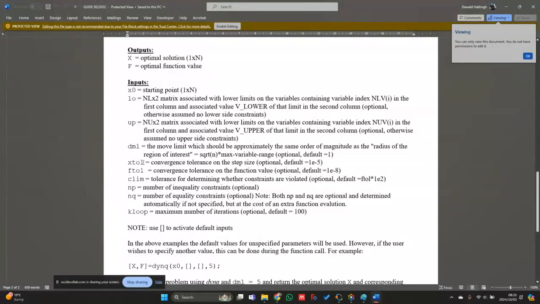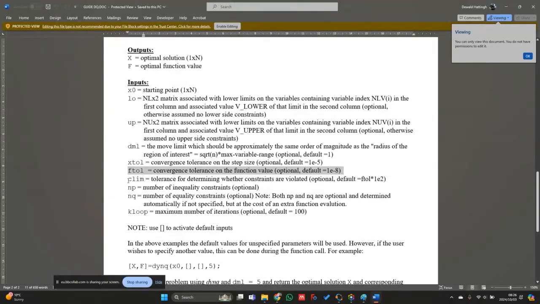Now, to better understand X tol and F tol, X tol is essentially when you perform an iteration optimization, the norm or the difference between two consecutive step size values or step size vectors needs to be smaller than or equal to 10 to the power of minus 5. And then for F tol, it just means that when it calculates the function value at each iteration, if that function value's difference between two consecutive iterations is smaller than 10 to the power of minus 8, then it can converge on this